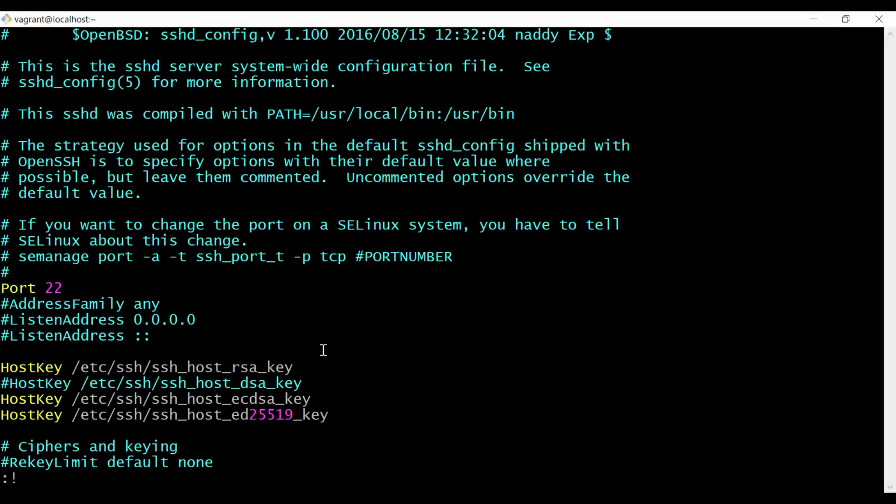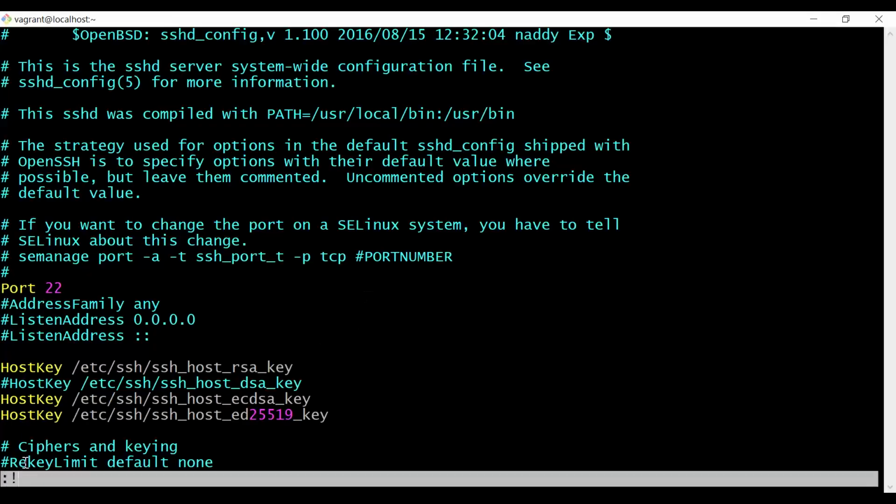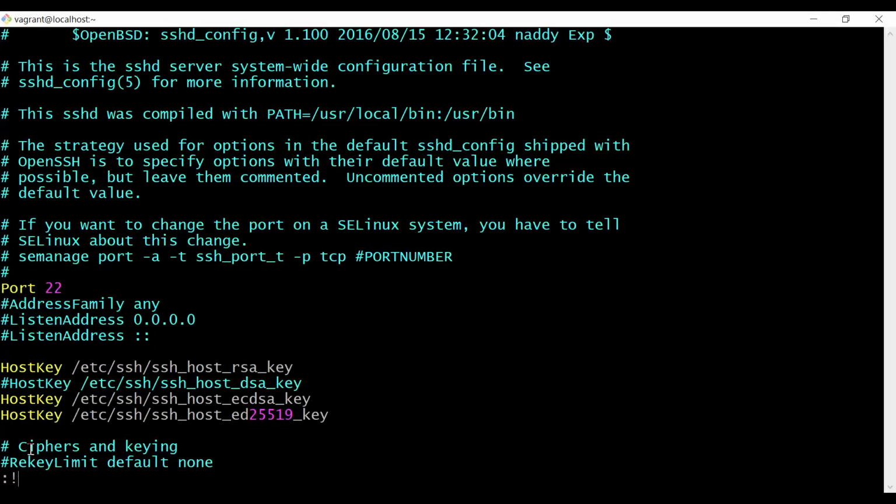Colon and exclamation mark. This is going to be helpful to execute Linux commands in the VM shell. Yeah, that is one more point. And next, like